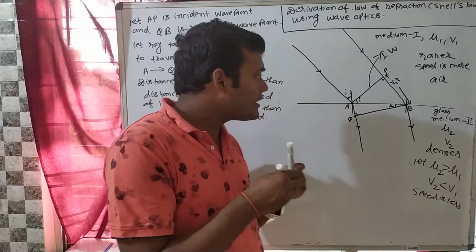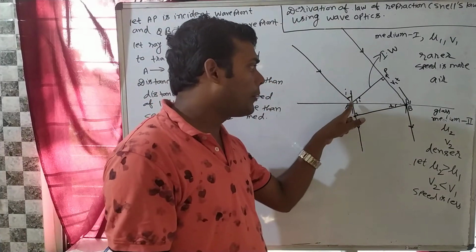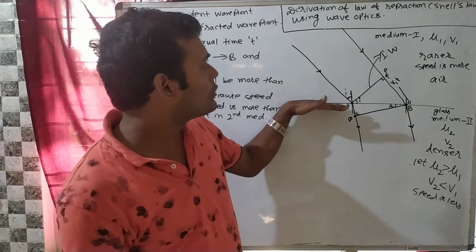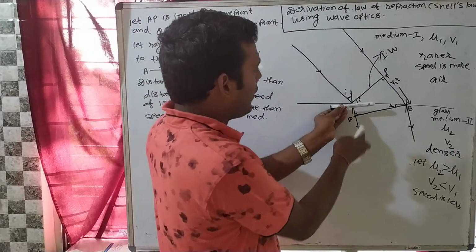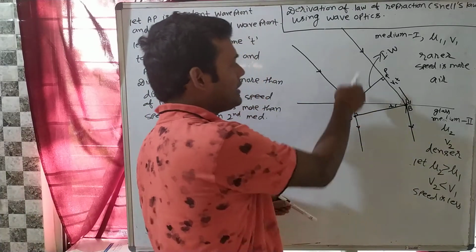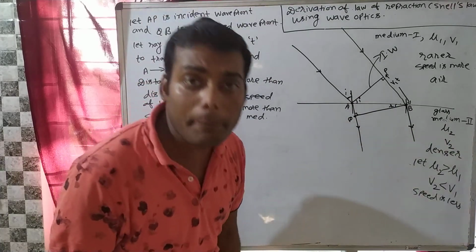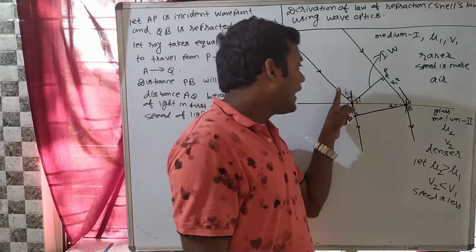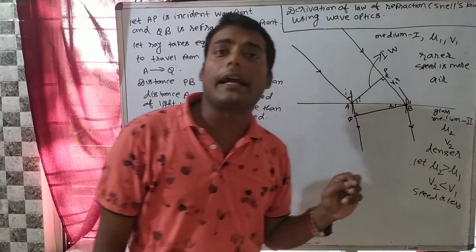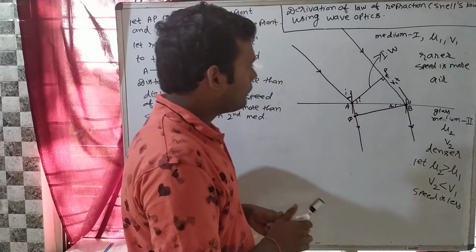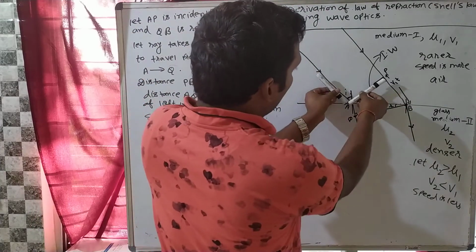At the point of incidence, we have to make the normal, and the normal will be 90 degrees on the surface. So on this surface we make a line which is 90 degrees, that means perpendicular to it. The angle between the incident ray and the normal is known as the angle of incidence. Clear? This and this will also be perpendicular.